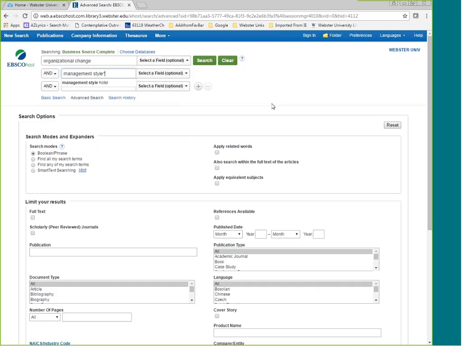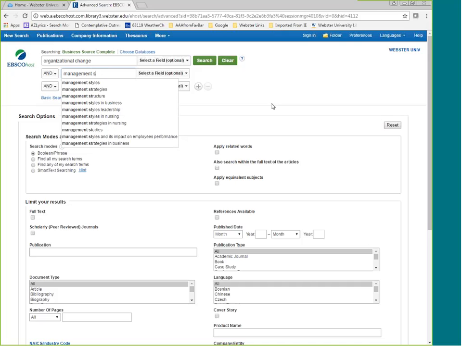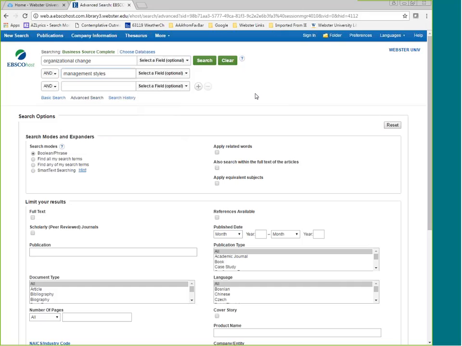It makes more sense if we look at it this way. If we were just looking for management or managers, we could type M-A-N-A-G-E and an asterisk, and it would automatically search for any variant endings of manage. That makes it more evident why we'd want to do that.